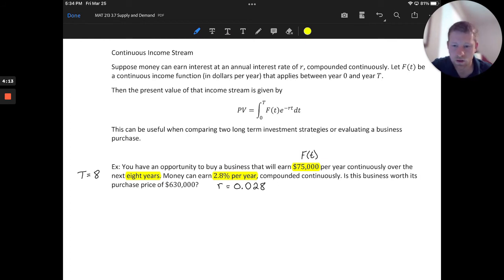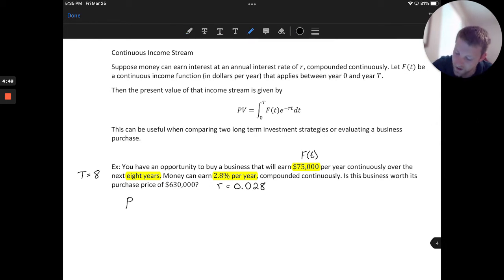And then we want to compare the present value of this business to the purchase price of that business, which is $630,000. So if we consider the present value of this income stream, what it would be worth today, and compare it to $630,000, we want to make sure that the present value of the business is more than the actual asking price. So let's set up the present value of that income stream. We would say that PV, the present value, is equal to the